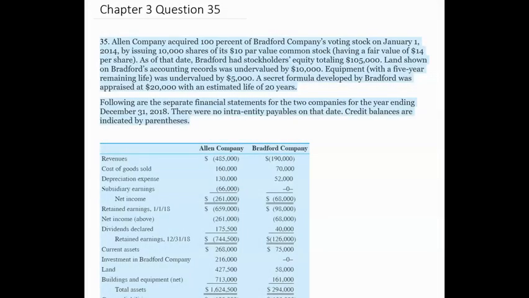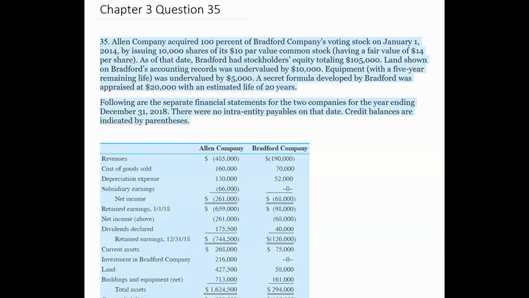Question 35 of chapter 3. Allen Company acquired 100% of Bradford Company's voting stock on January 1st of 2014 by issuing 10,000 shares of its $10 par value common stock, having a fair value of $14 per share. Okay, so this sentence tells us that Allen Company is the parent company, Bradford Company is a subsidiary, and the